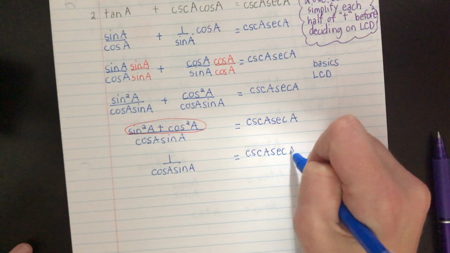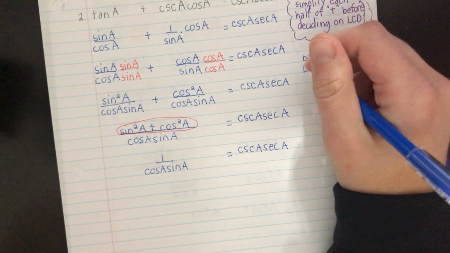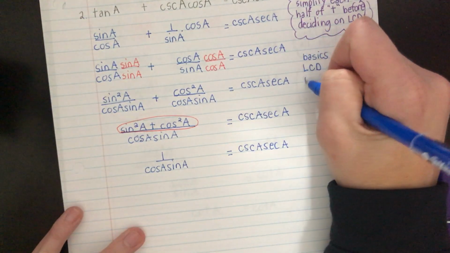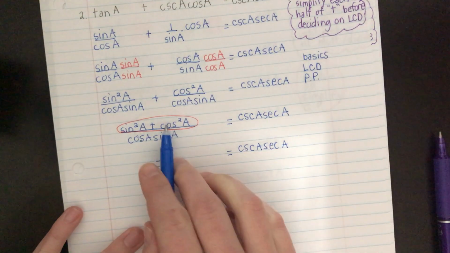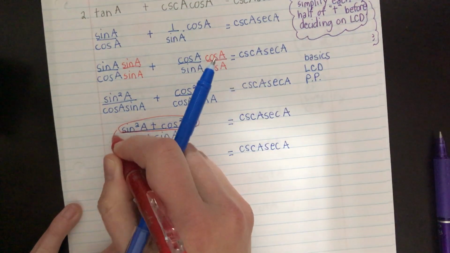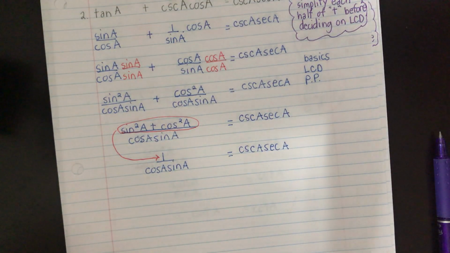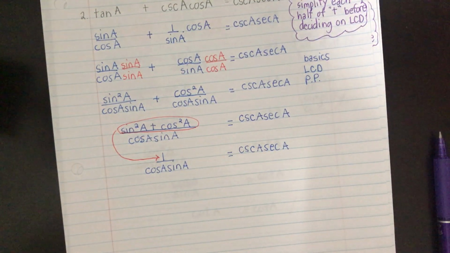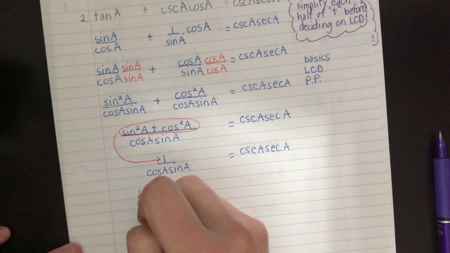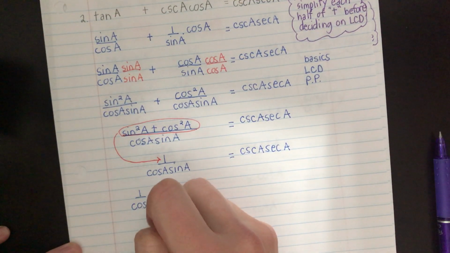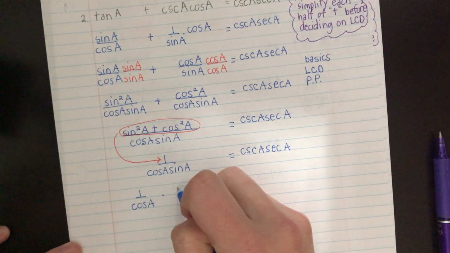And you can now probably very clearly see. So we did the LCD, we combined, and we used our Pythagorean property right here. Now we're going to expand and say this is the same as,